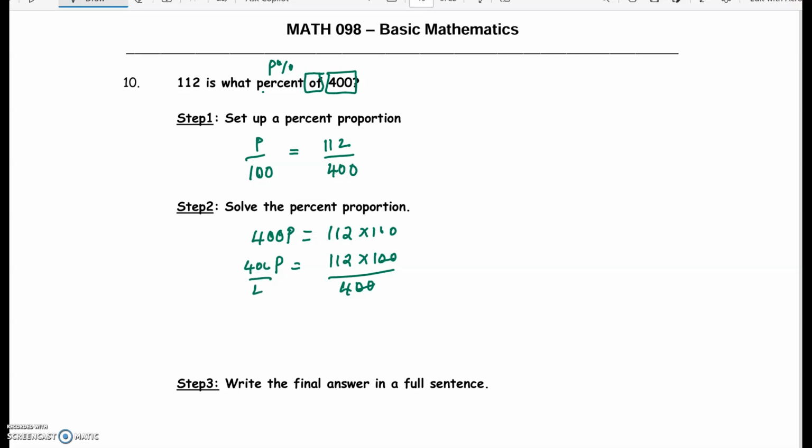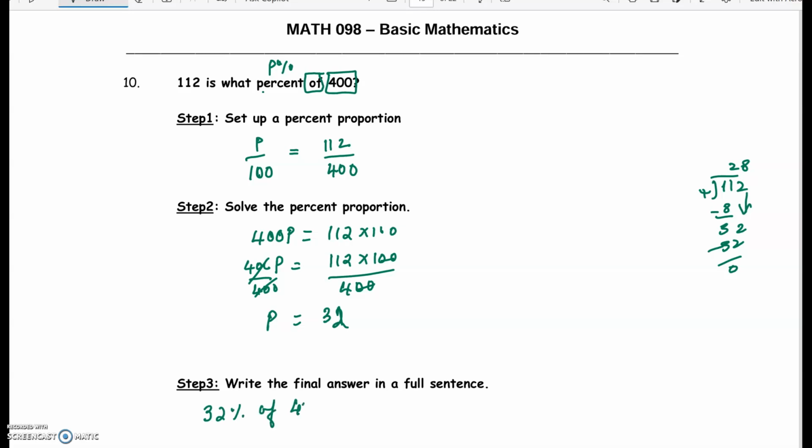So on the left, we have 400, we divide, and then 4 goes, we can divide 112 by 4. 4 2s are 8, subtract to get a 2, 4 8s are 32, subtract, get a 0, so this is 32. So 32%